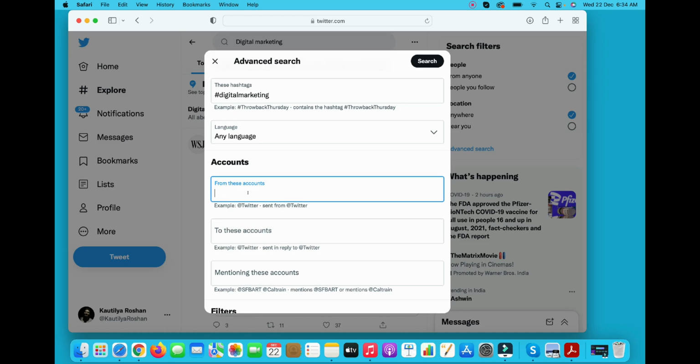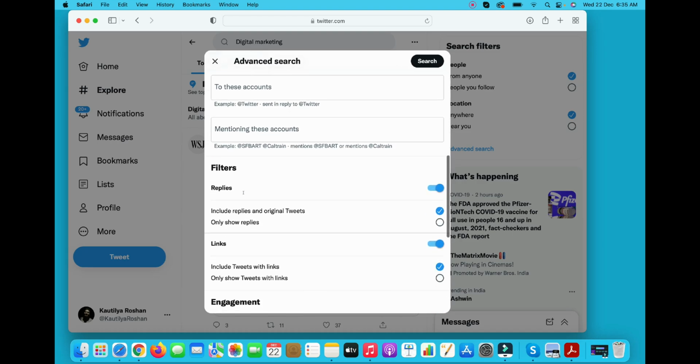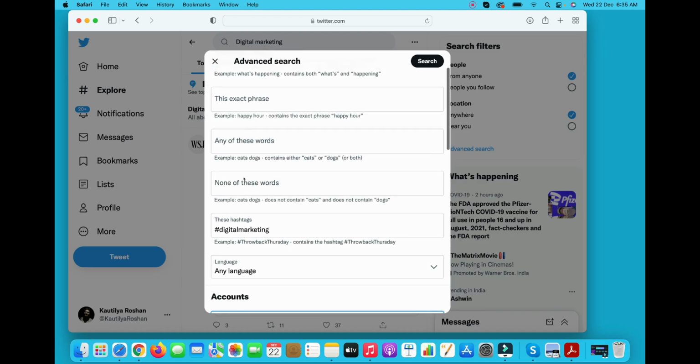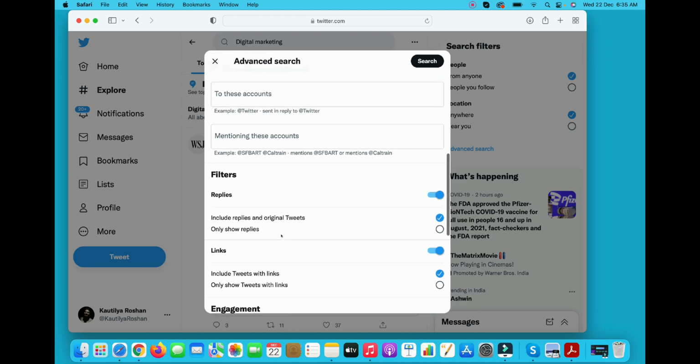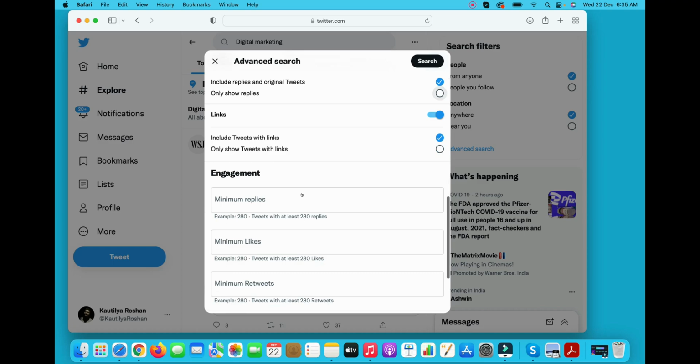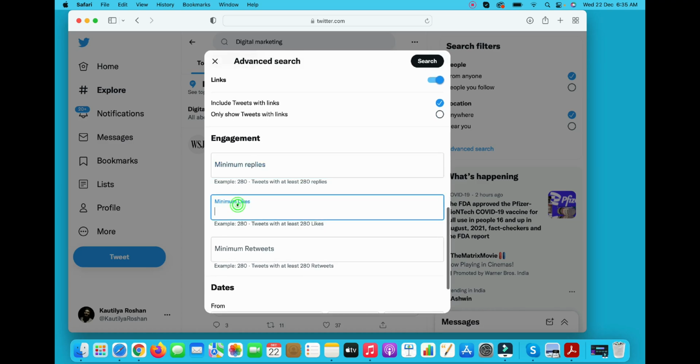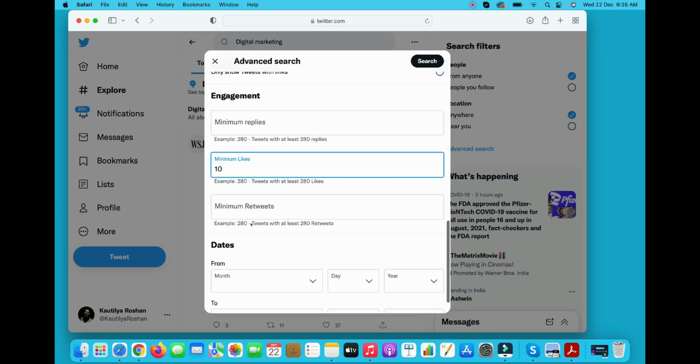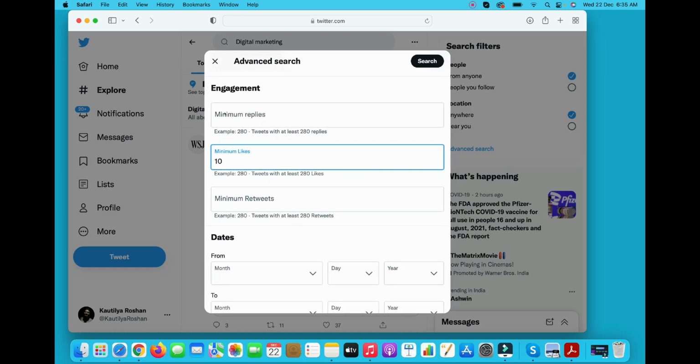So what will happen in that, guys, is Twitter will be targeting those accounts, and Twitter will try to show my content, or show the content of that account particularly, to those who have the hashtag digital marketing. Then again, if you scroll down, I have put here hashtag digital marketing, whoever is using it, and I can see replies, likes, minimum replies. So suppose I am looking for a minimum of 10, and minimum retweets, I am not looking for retweets. Minimum replies also, if I want to fill, I can go and fill that.